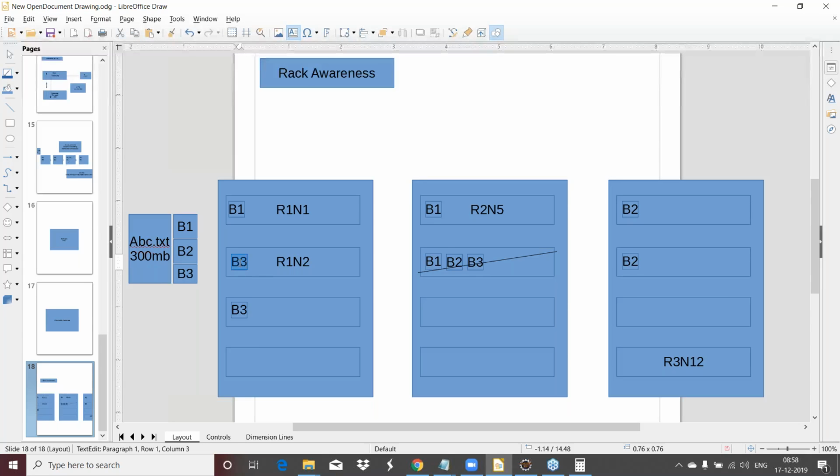If I talk about a worst case scenario, if I say that I lose the complete rack itself, I'm losing this complete rack. That is also not a problem, because what you have lost is two copies of B1, one copy of B2 and one copy of B3, and you are still having your data available. You can see B1 is still available here, B2 is still available here, and your B3 is still available here. So this rack awareness concept is there to ensure that even in the worst case scenario of a rack loss, you are still having your data available, and this is why this arrangement is done like this.